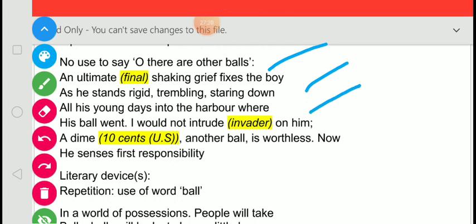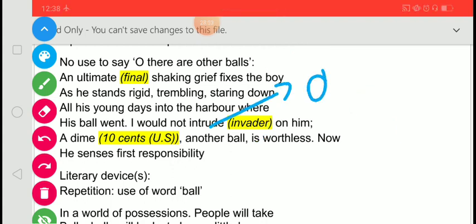I would not intrude on him. A dime, another ball is worthless. So I would not intrude on him. I would not interfere. I would not invade here, students. I would not invade. I would not interfere, or I would not disturb. Here intrude means